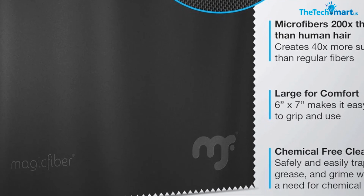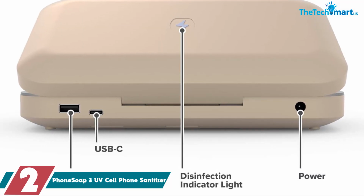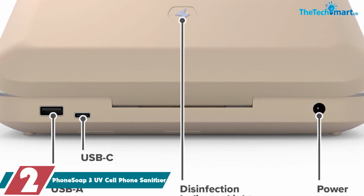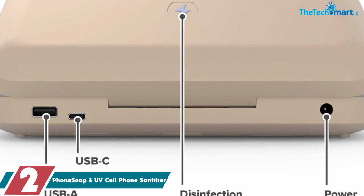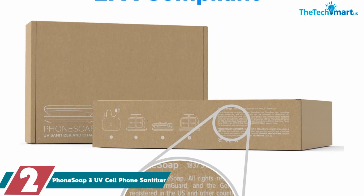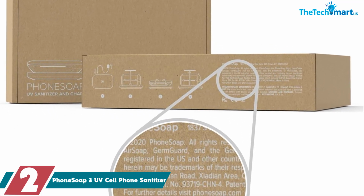you want. At number 2, we have the Phone Soap 3 UV Cell Phone Sanitizer. Our premium choice is the Phone Soap 3 UV Cell Phone Sanitizer, which works its magic on devices of all shapes and sizes. Using UV rays, it zaps away all kinds of bacteria as well as charging your phone while all this is going on, which, if we do say so, is not just convenient, but cool, and we do